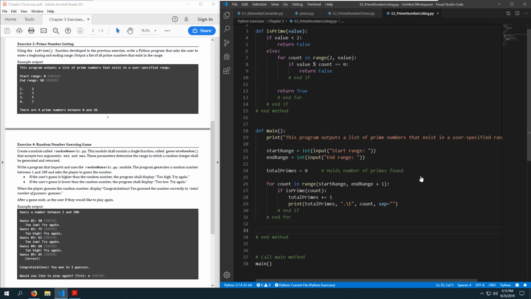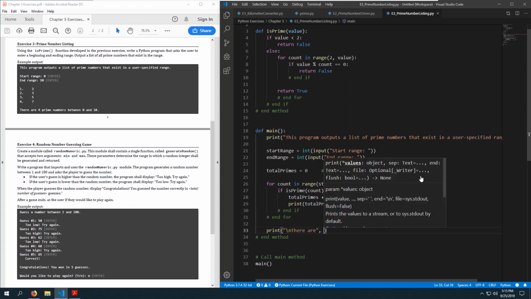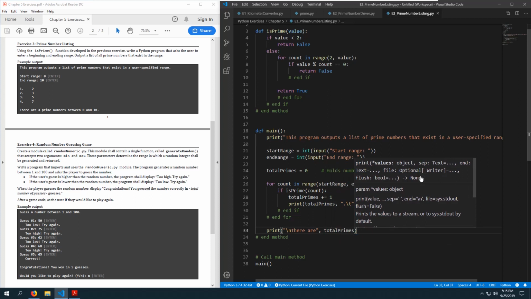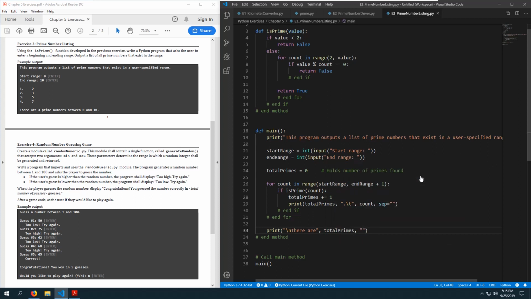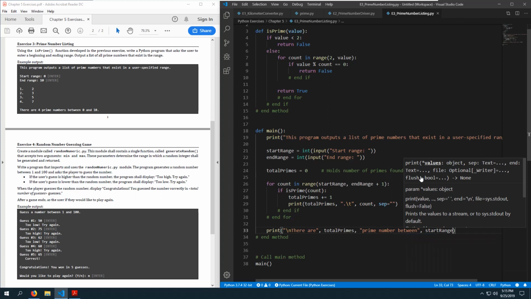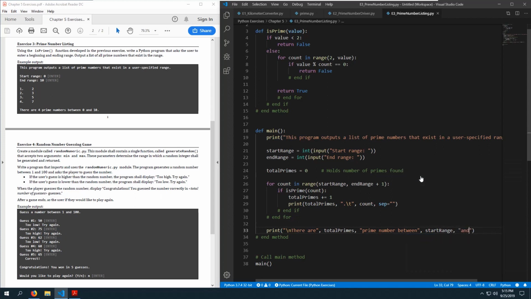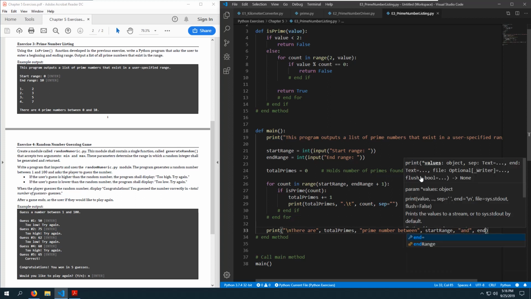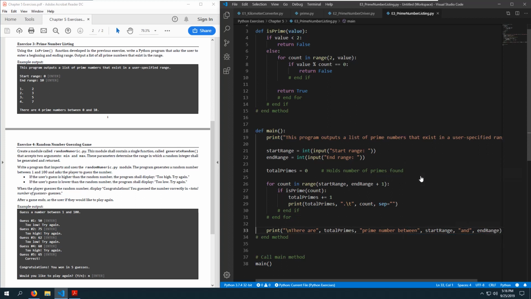Finally, I will print. Let's start with a newline character. "There are", and after that, comma, we'll output the number of prime numbers we found. "Prime numbers between", and then we'll output the start range, comma, the word "and", the end range. I'm not going to put the period. We'll just do that. So if we've done this correctly,